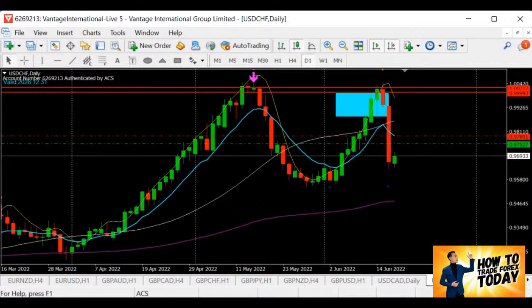The next thing, dollar franc over here. Yesterday, the day before, we retested the resistance, coming back in a very bearish run. And today we have a support there already. So tentatively,